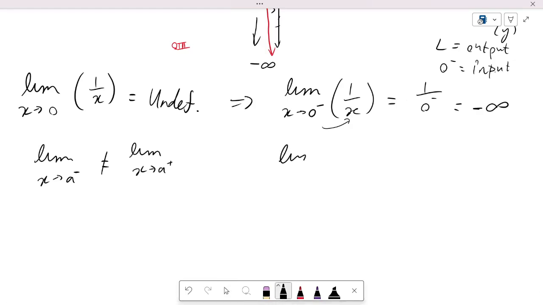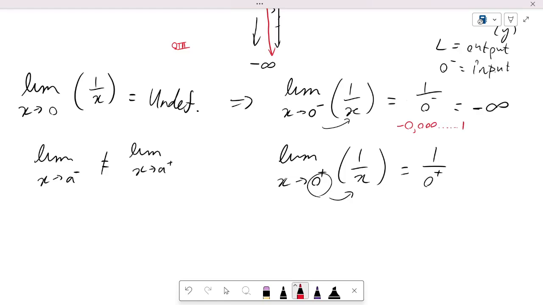So the limit as x approaches 0 from the right-hand side of 1 over x, we're going to substitute the 0 from the positive side into the x. We're going to get 1 over 0 from the positive side. Now what I forgot to actually mention: 0 from the left-hand side, meaning any number that is so close, the closest number to 0 from the left-hand side, is obviously going to be negative